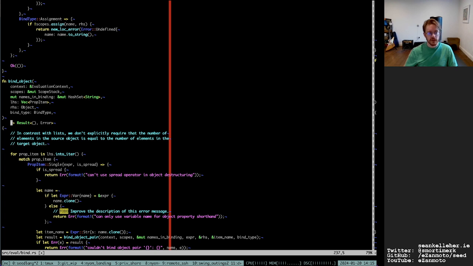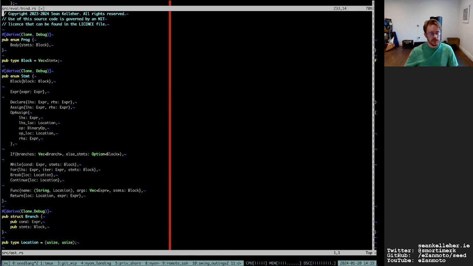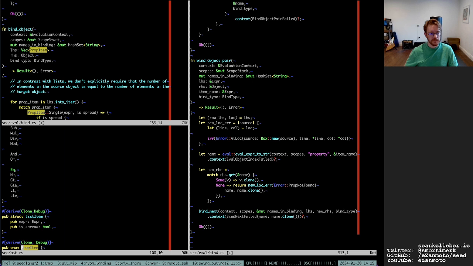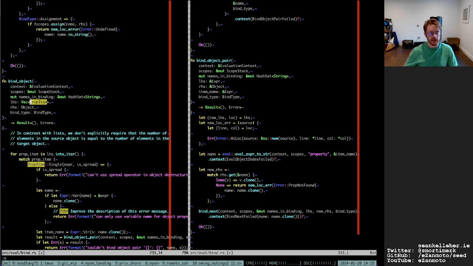So on the left hand side, I don't have expression information anymore. Well, each prop item is an expression actually, isn't it? So let me see that. Yeah, so the name is an expression and the value is an expression. And so when I'm wanting to have a location error, it's going to depend on the prop item.